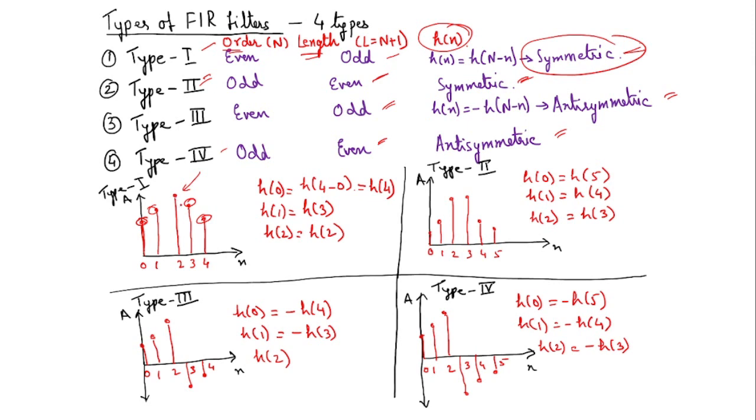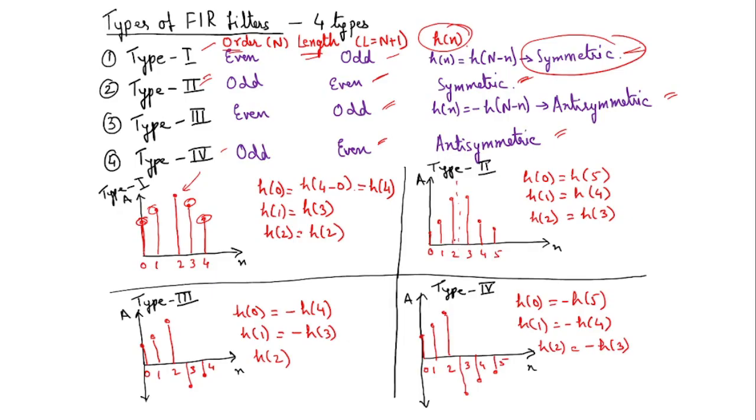Okay, the values would be the same. In type 1, if you see, the length is odd, so we'll be having a middle point. Across this middle point, we'll be having the values which are the same on either side of the middle point. When we talk about this even length,